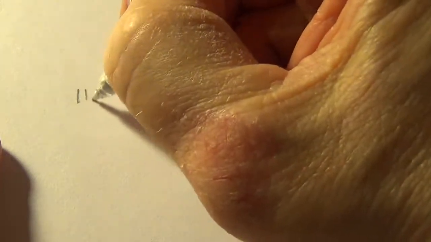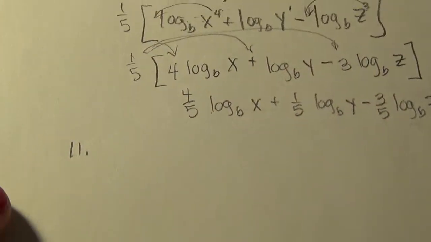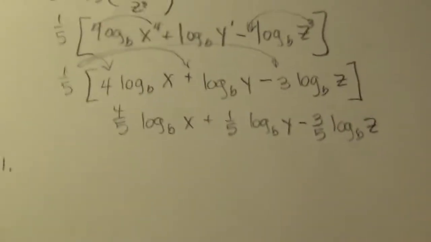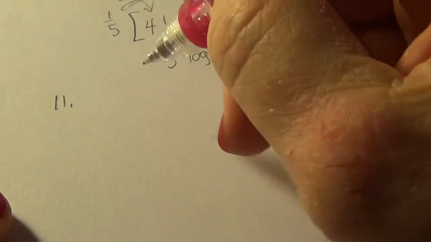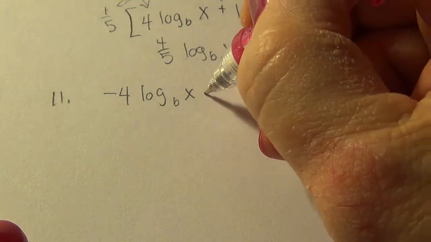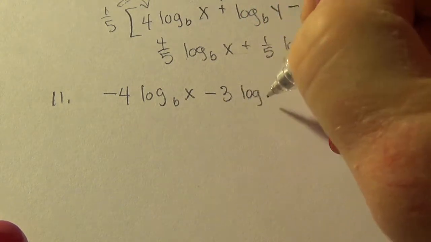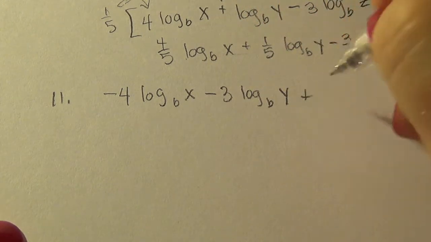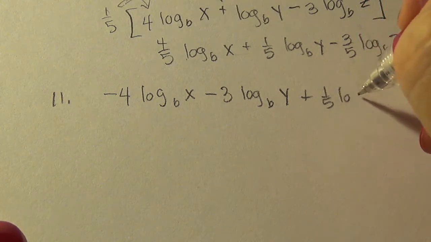Let's look at one on number 11 where the values are already expanded. And we want to go ahead and condense them. So the command is condense on number 11. -4 log to the base b of x minus 3 log to the base b of y plus 1/5 log to the base b